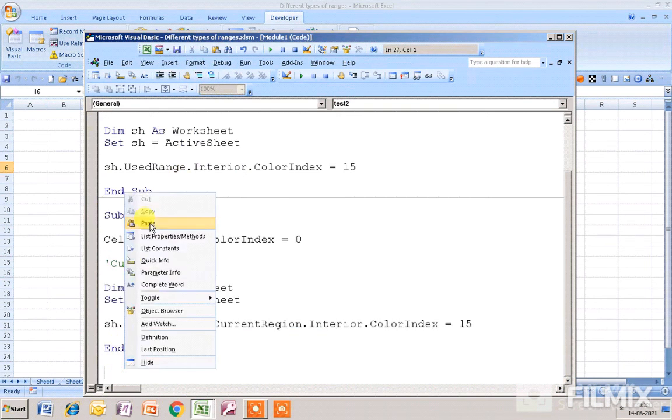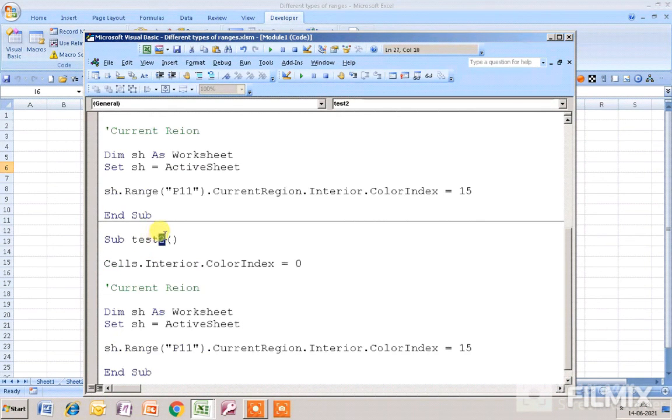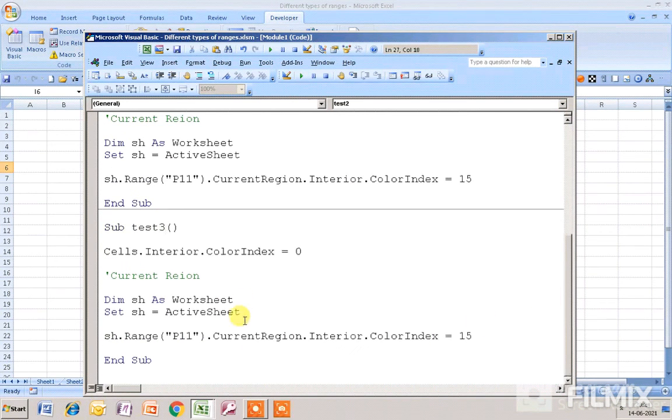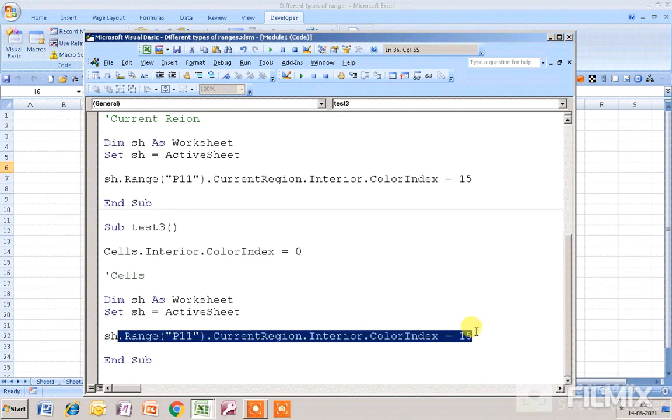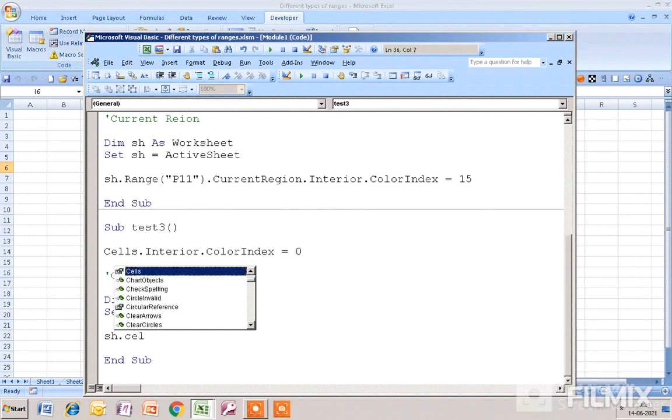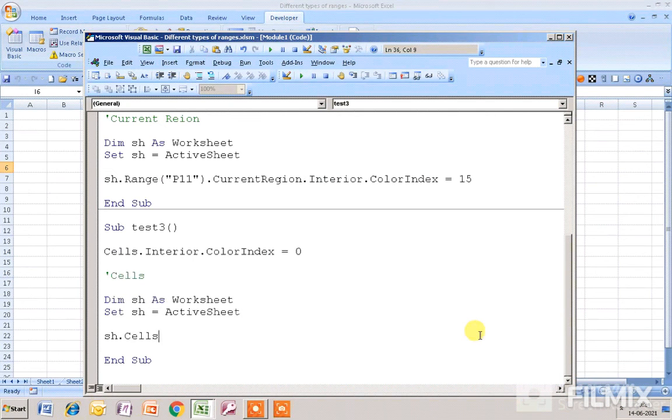and I paste it over here. The changes that I will do: I give a text 3 and I will make it for cells, and the code that I will use here is sh.cells.interior.colorindex equal to 15. 15 is for gray color.